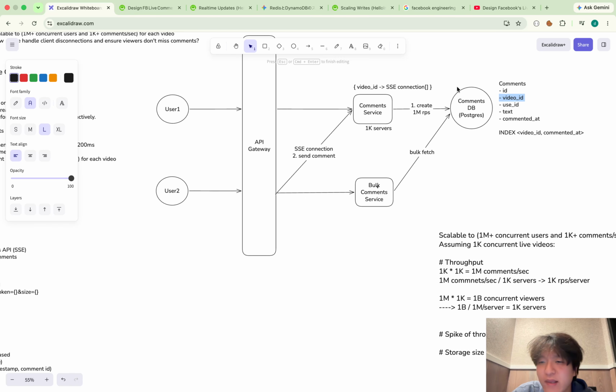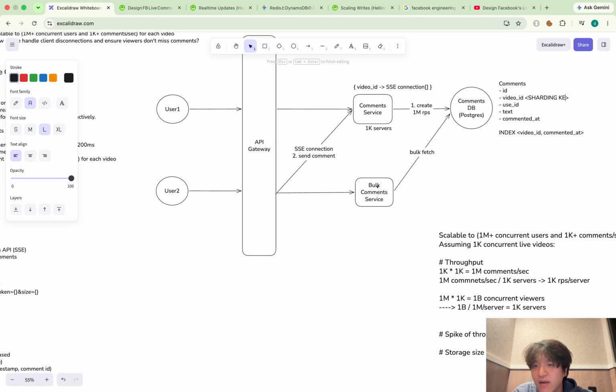Inside of the video ID, and also obviously there are no join queries across video IDs. So comments are separated and independent according to the video ID. So definitely I would use this video ID as a sharding key.